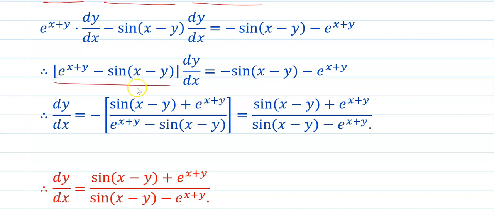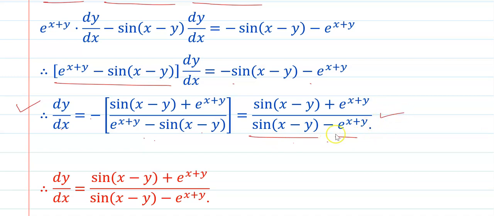हे मल्टिप्लाइड टर्म आहे. इकडे अंतर काय होणार तर ते डिवाइड झालेलं आणि यातनं मायनस साइन आपण कॉमन घेतल्यानंतर तिथे मायनस साइन आणलं. It will become plus multiplied and hence dy by dx is equal to पुन्हा numerator and denominator have the same sequence, that is sin of x minus y plus e raised to x plus y. पुन्हा आपण हे मायनस साइन हे डिनोमिनेटरला अप्लाय करणार and this e raised to x plus y will become minus and minus sin of x minus y will become plus here, and hence dy by dx is equal to sin of x minus y plus e raised to x plus y upon sin of x minus y minus e raised